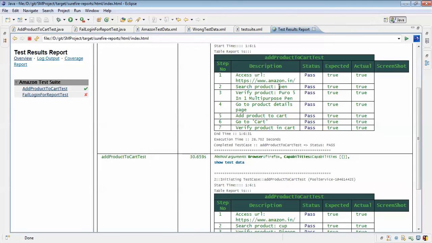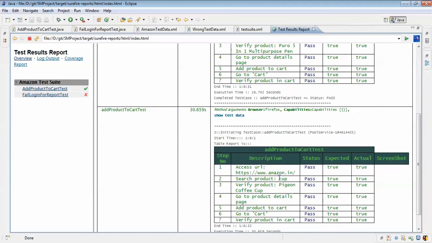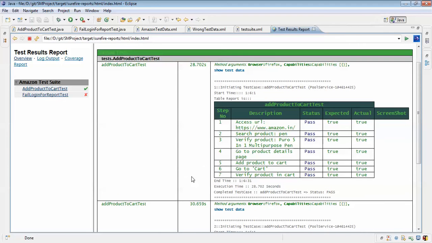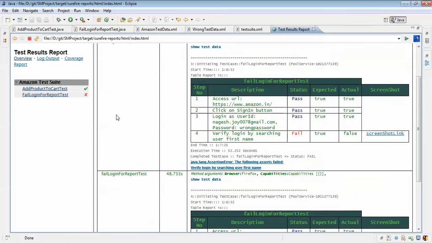In one case it is pen and in another case it is cup. Like this, we can execute our test cases in parallel. In the second test case also, in one set it's executed with